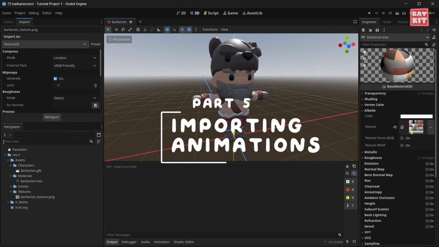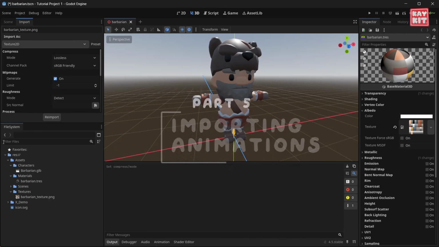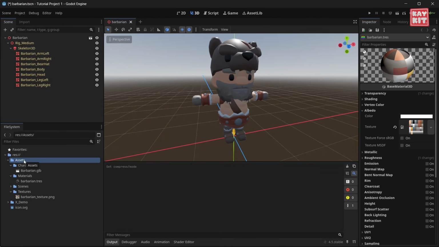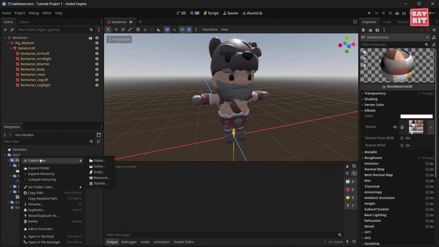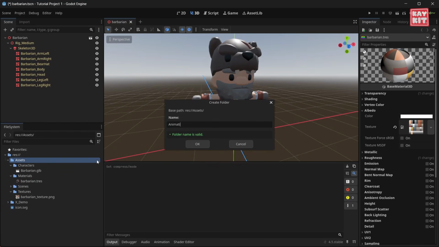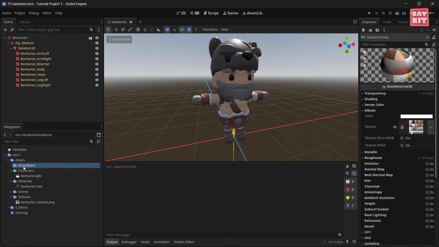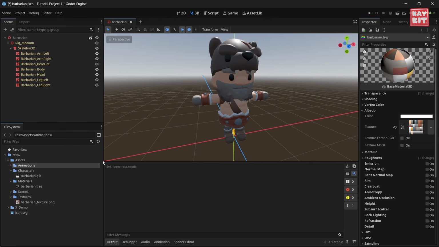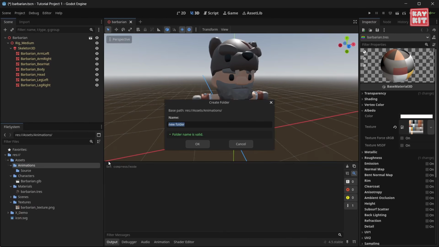Now that we're done setting up the character, let's move on to the animations. Just like with the rest of the assets, we're going to make a folder structure to keep our work nice and organized. So let's go ahead and create a new folder called Animations. Within that folder, we're going to need a couple of subfolders. One is going to be called Source, which will hold all of the source files for our animations. And the other folder is going to be called